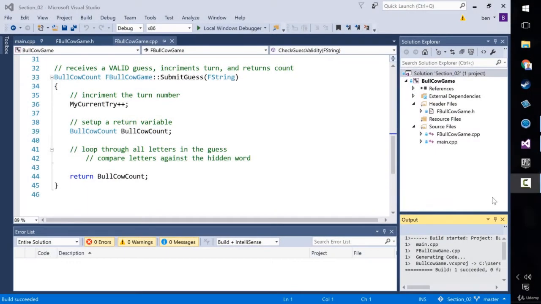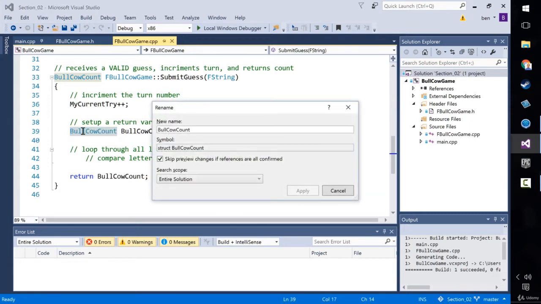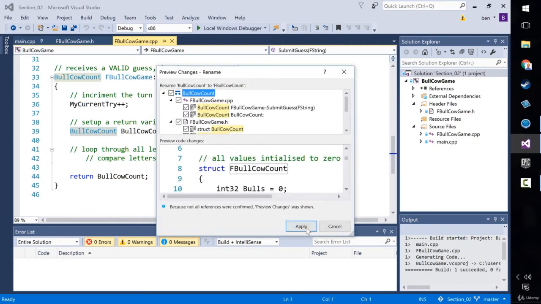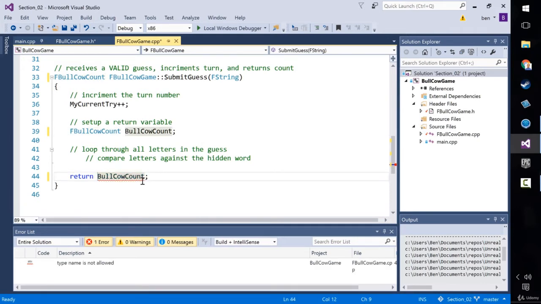So I'm pretty excited right now because we're about to make our code actually do something useful. Before we carry on, thank you to those people who pointed out that according to the Unreal coding standards, I really should have called this FBullCowCount, naming structs just like classes. So I'm going to go ahead and fix that now by highlighting, clicking Control R for refactor twice, and putting an F prefix in front. That also helps us right here when we see FBullCowCount. So of course the actual name of the variable shouldn't change, so that was a slightly overzealous find and replace. Okay, let me recompile to prove that that works,